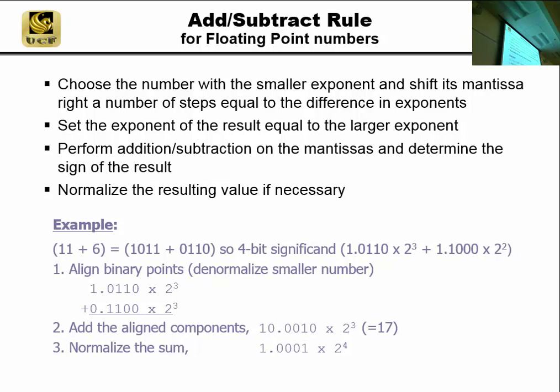11 plus 6. This is doing it in decimal, right? The computation, 11 plus 6. In binary, this is 11. This is 6. So let's suppose that we wanted to take 11 plus 6 and use a 4-bit representation. Okay? And I'm going to make these normalized. And if we normalize them first here,